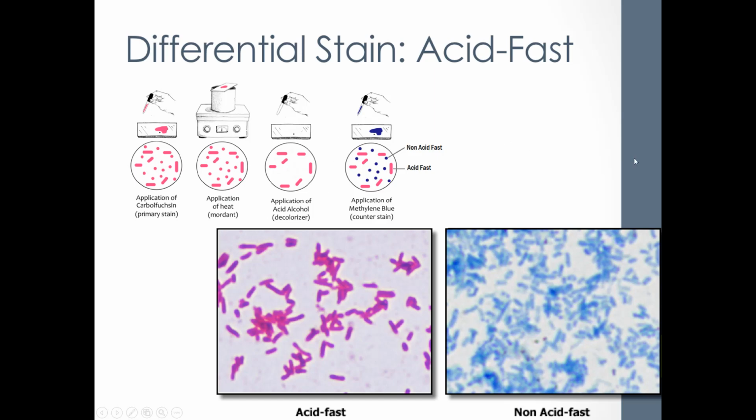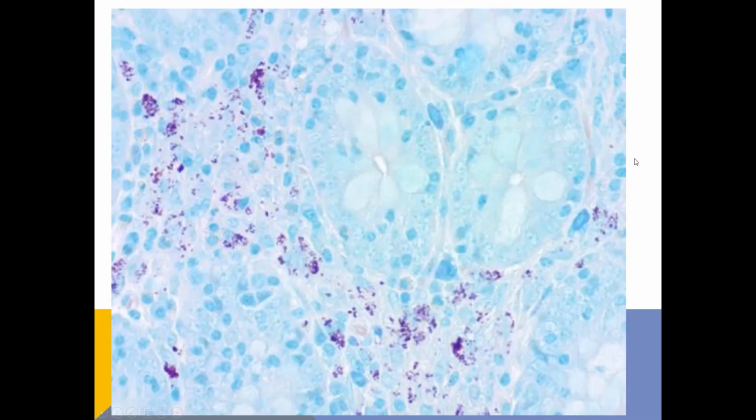And so you can imagine this is another sputum stain. This person has tuberculosis, and you can see the bright red Mycobacterium tuberculosis popping out there. But if we had done a gram stain on this, those cells would not stain. They would have been colorless. And the human cells, instead of blue, would have been light pink. So we would have been searching for colorless bacteria in a sea of light pink. It would have been next to impossible to spot them. So this differential stain, the acid-fast stain, lets us see those organisms much easier.